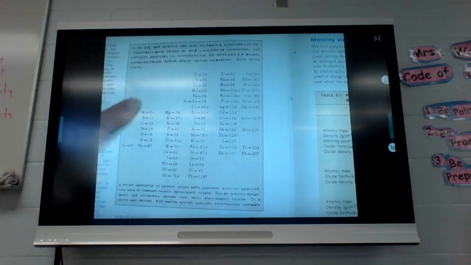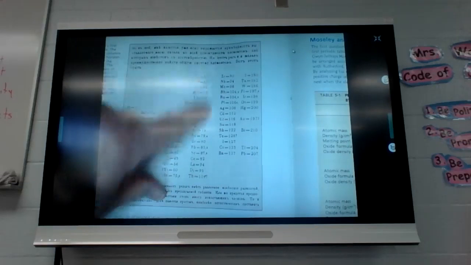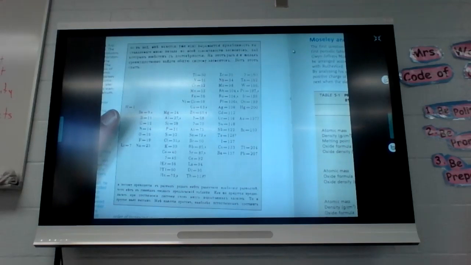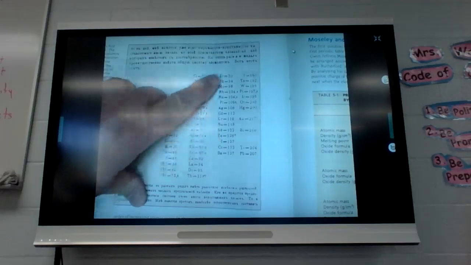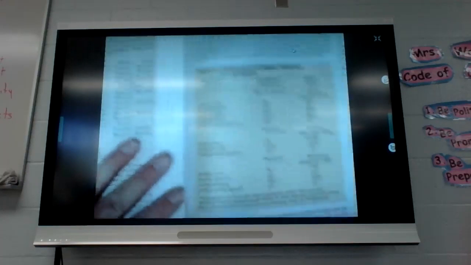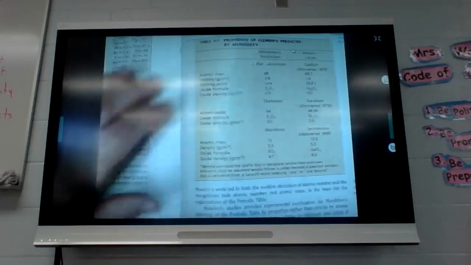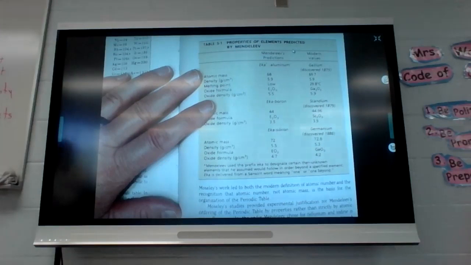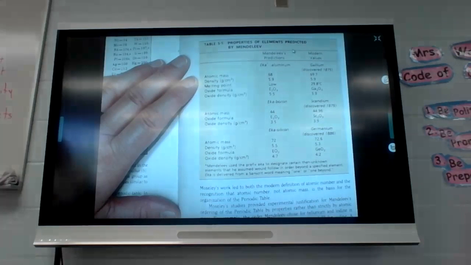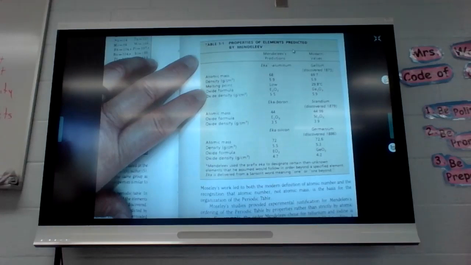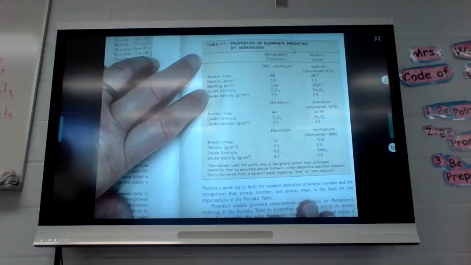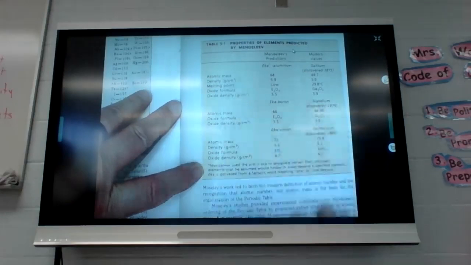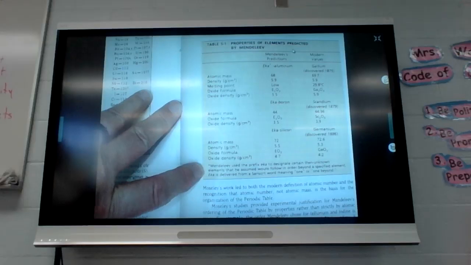All right, these are in groups and periods. So, again, this is the very first one. It does not fit anything like we have, but you can see he put question marks in for elements that he said would be discovered. The reason I pulled this out is this is Mendeleev's prediction. If you look at what he said would be discovered versus what was discovered, you can see how close he came. This is what he predicted on the note card would be discovered. This is what was actually discovered. Again, this is what he predicted. This is what was discovered. He didn't come too terribly far off using his note cards.